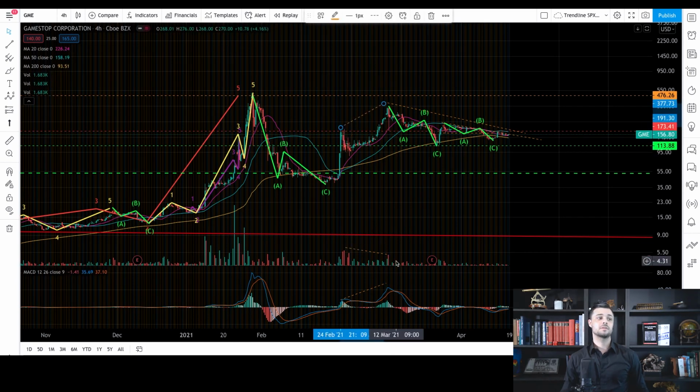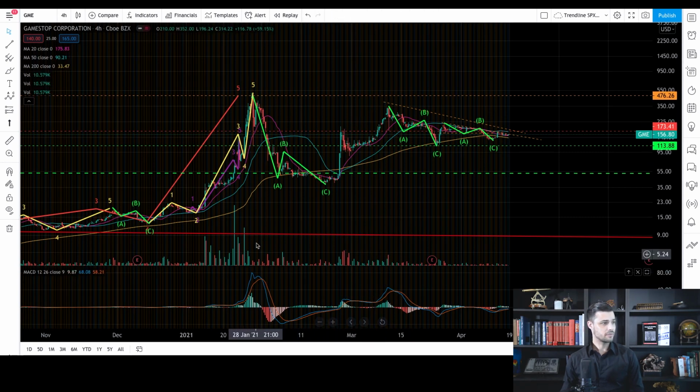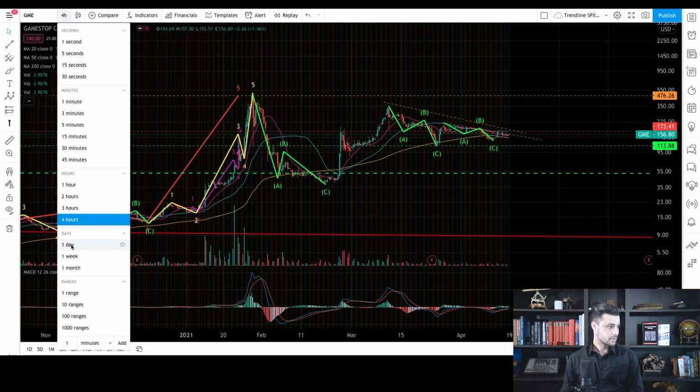So this is showing you that the market is out of steam, for example. And here we had this correction. So interesting to notice. Then if I take one more step back, so daily time frame,